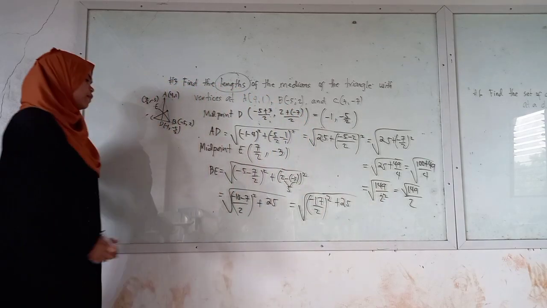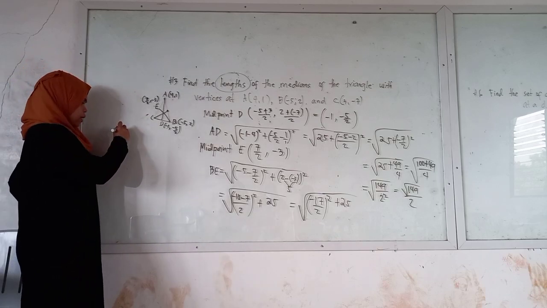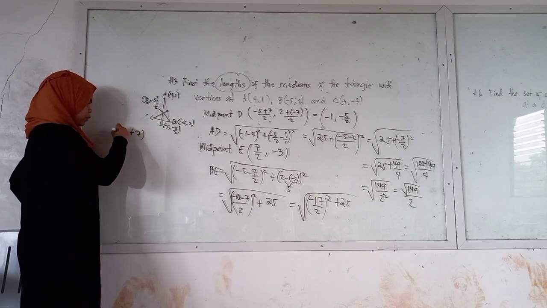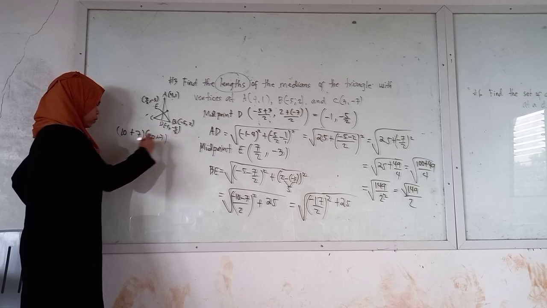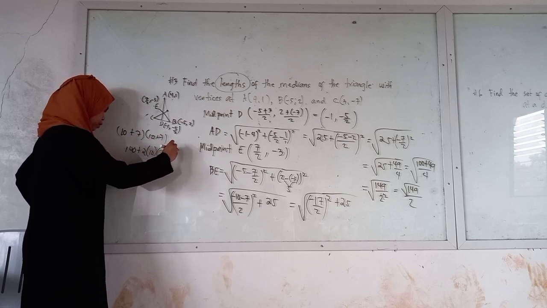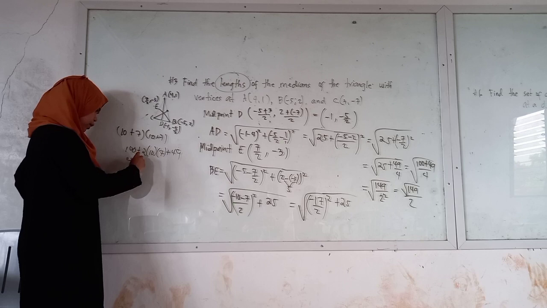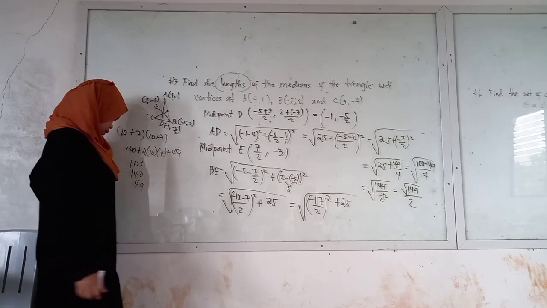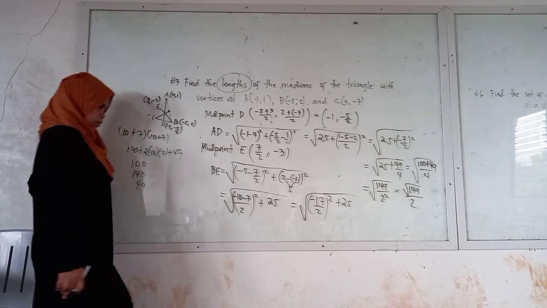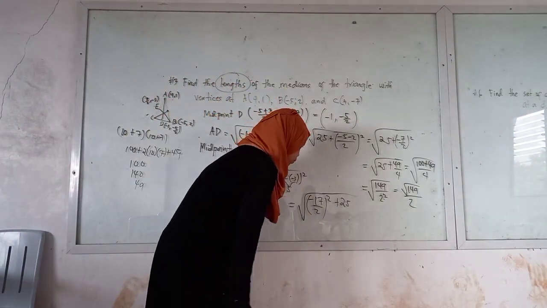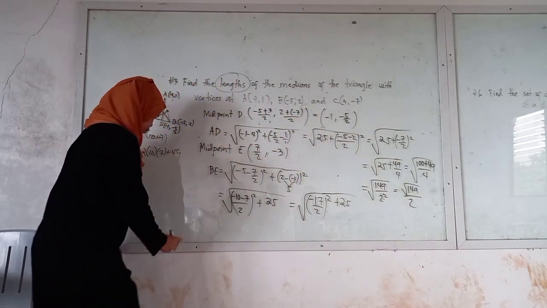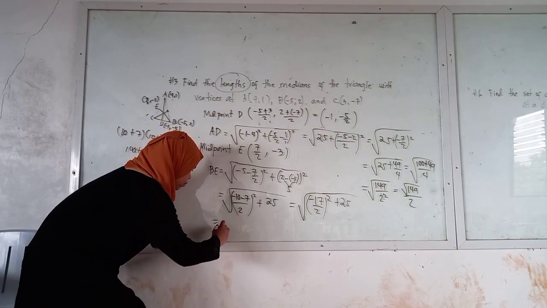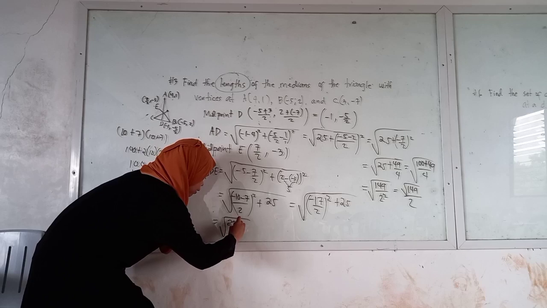Okay, so negative 17 times negative 17, so I have 289, no? So this is equal to the square root of 289